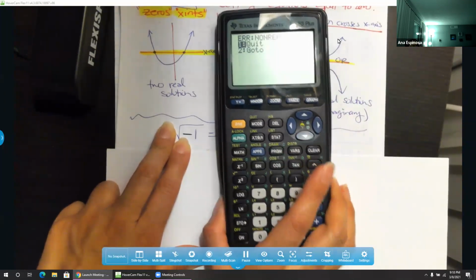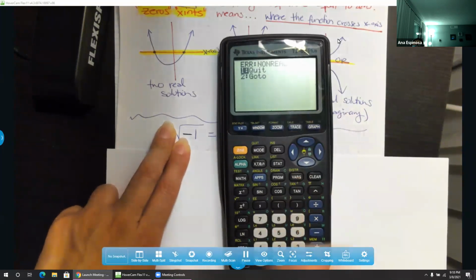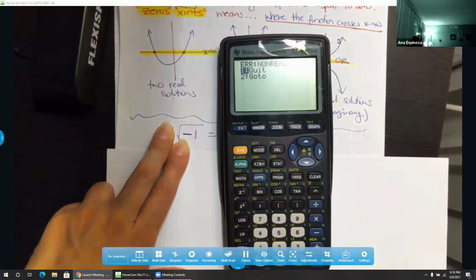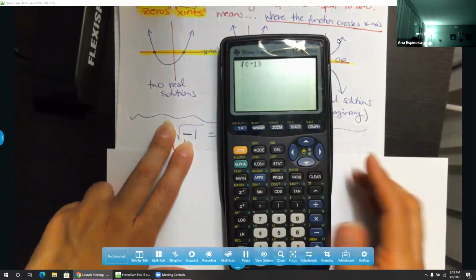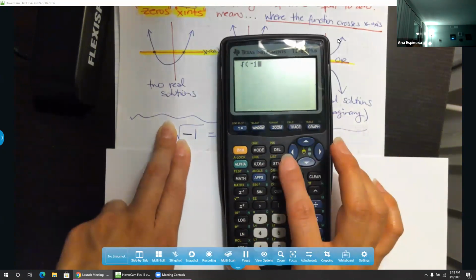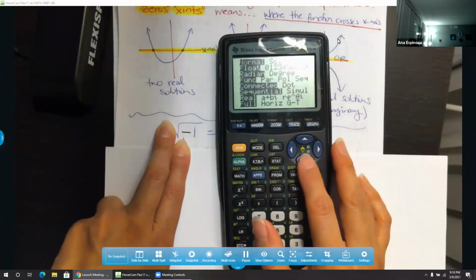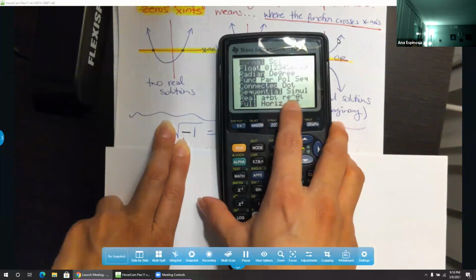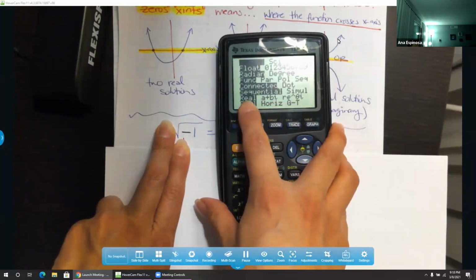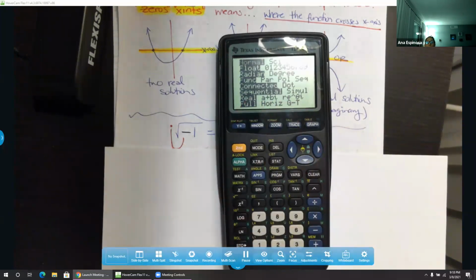So when you are dealing with this chapter, if you want, you can just change the mode for the rest of the class. This will give you an error, of course. You can change it to the following mode so you get the imaginary answers. So you're going to go to mode, and you're going to go down to this part. And right now, real is selected. So every time you put something that's not legal, like negatives under square roots, then it's going to give you